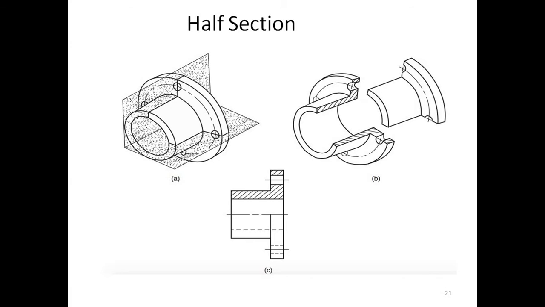It is one of the examples of half section in which the cutting plane is shown. There are two cutting planes. One is at the center of the component and the second one is at a right angle to that. In this case, the dotted section is nothing but the plane, and in the second view, that curved section of the object is removed, and this sketch is nothing but the sectional view.